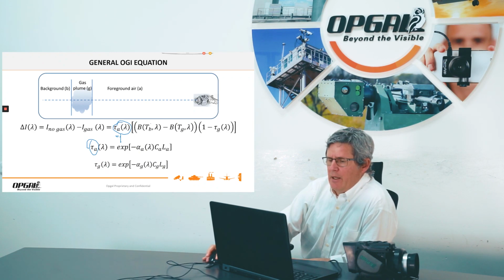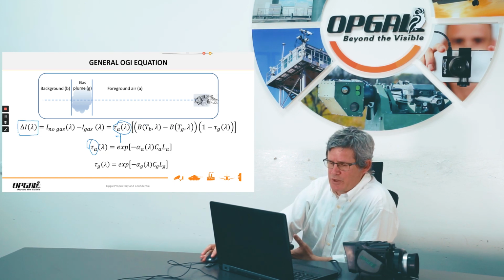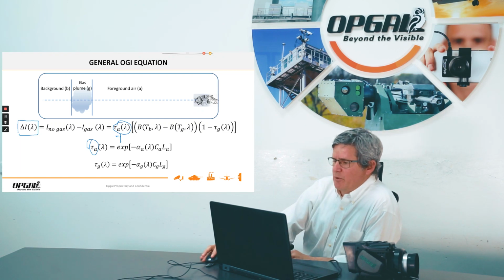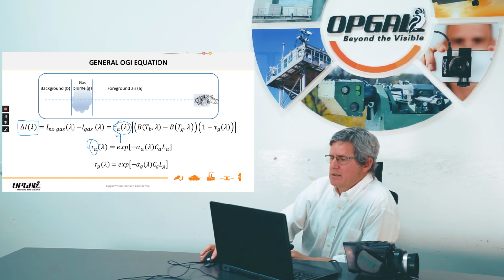So when we take these two equations, we are left with what we call the general OGI equation of spectral radiance, and we'll have here the contrast that we'll detect in the camera as a function of the temperature of the background, the temperature of the gas plume, which is the air around the gas plume, 1 minus tau